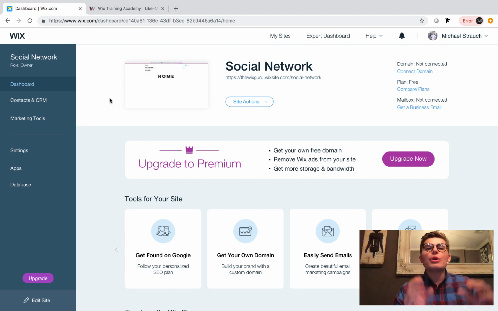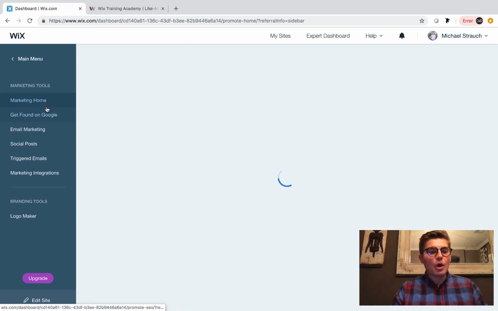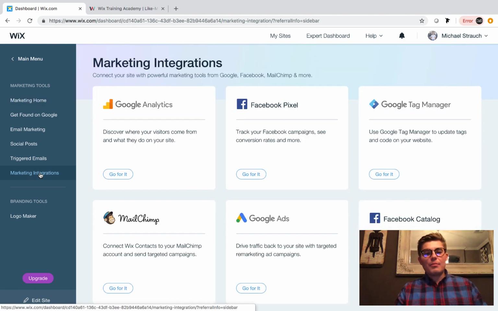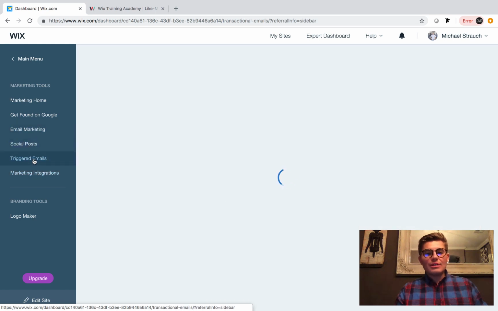In fact, I'm going to show you a couple different automated emails that you can utilize, but the specific one we're going to focus on is the one right after registration. So we're going to click marketing tools here in our dashboard. Okay, so we're in our dashboard, we're going to click marketing tools, and then we're going to go down to marketing integrations. So we've got marketing integrations down here, and then you see triggered emails. So if we go to triggered emails here,